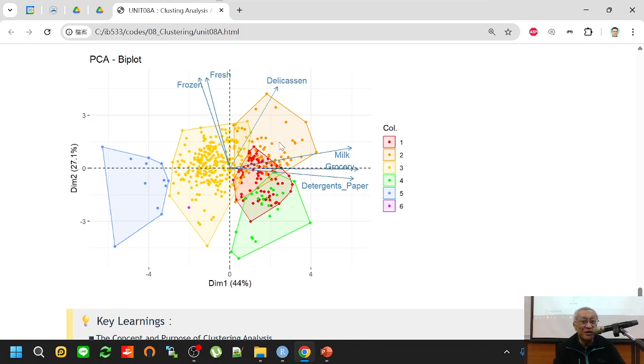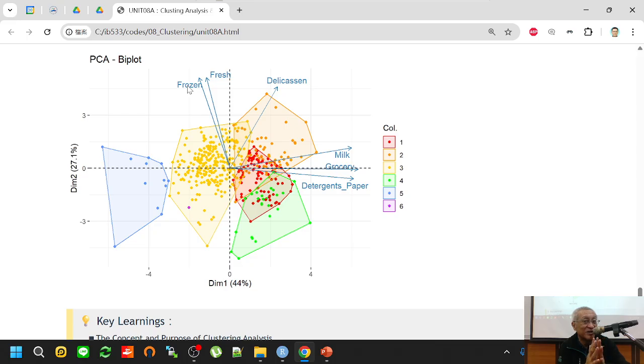This group buys more milk, grocery, and detergent. These three groups buy more milk, grocery, and detergent, right? But among these three groups, the green group buys more milk, grocery, and detergent, but they buy less deli, fresh, and frozen, right? Okay? So combining the clustering and dimension reduction skill,